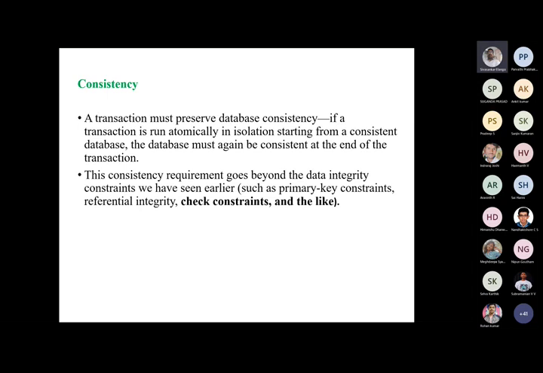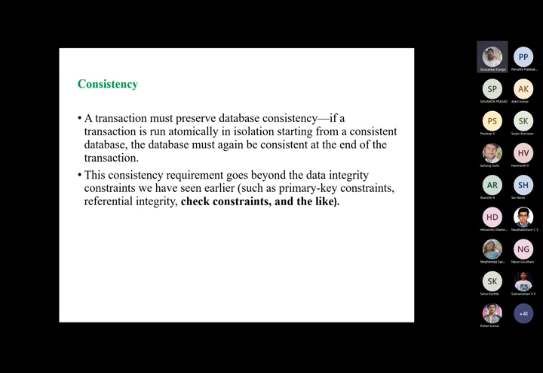So if your database is consistent at the beginning of the transaction, the database should remain consistent even at the end of the transaction. So consistency here means that money is not created or destroyed during the process of the transaction. The sum of accounts A and B before and after the end of the transaction should be the same,